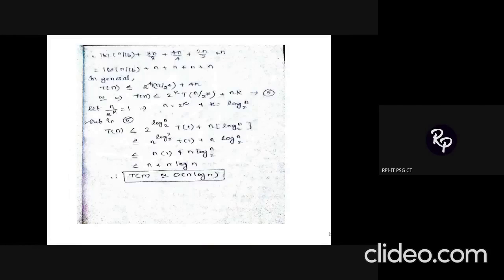As the name indicates, here we are going to make use of a tree organization for solving the problem. So we'll take the very same example which we solved in the last class. The time complexity is 2T(n/2) + n, and we told you the base time complexity will be given. If nothing is given, we'll be assuming T(1) = 1. The same two inputs will be given for the recursion tree method also.